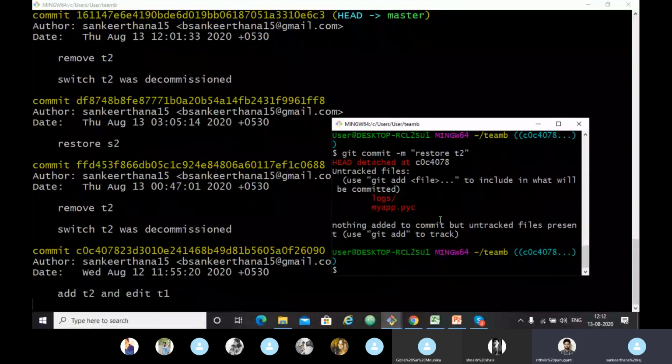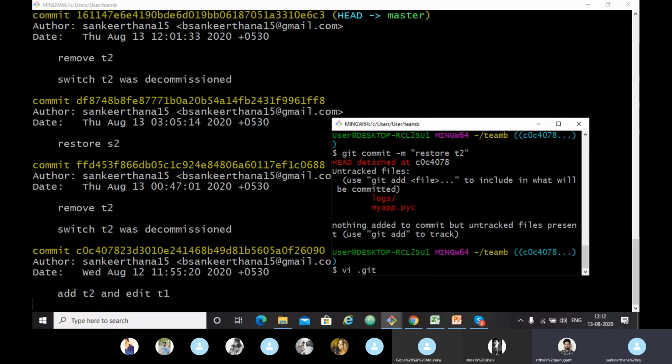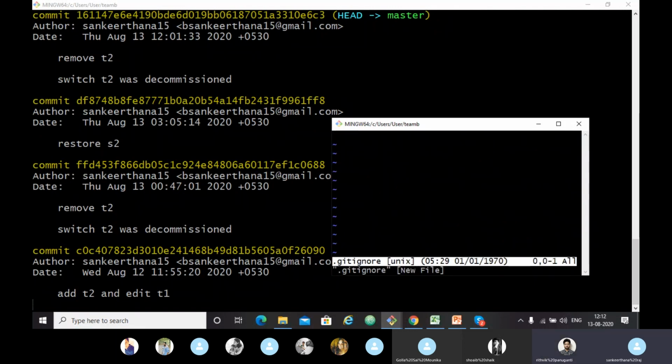So let's see the last one: the .gitignore file. You can see I already have these logs and myapp.pyc files. I have created these two files already. You just have to open vi .gitignore.